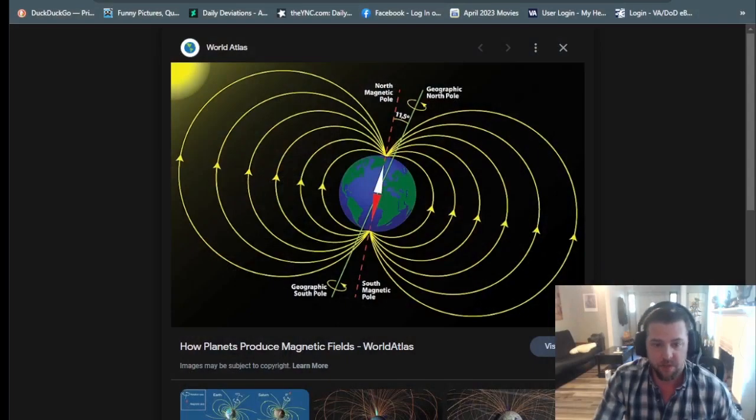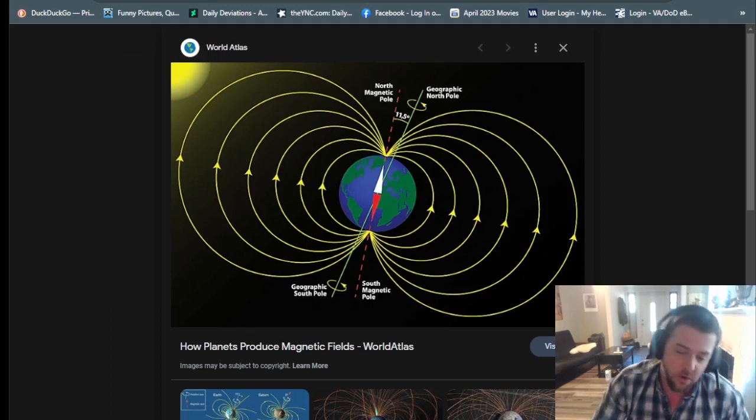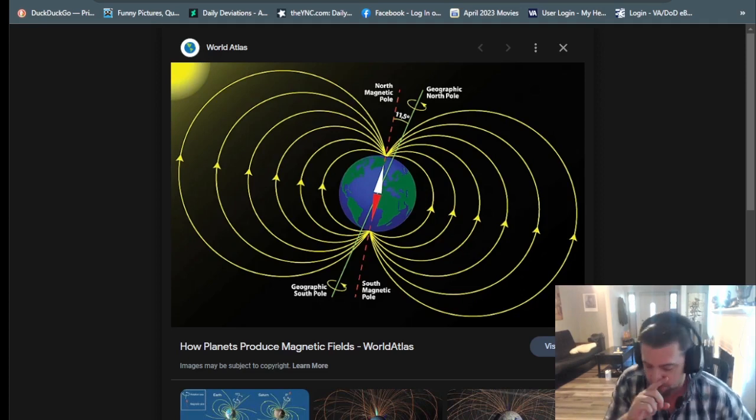Essentially, a gravimetric field is a gravity field with curl. That's going to make it look like a magnetic field, because a magnetic field is an electric field with curl. All curl means, and you can use different definitions depending on what you're trying to look at, is that instead of all these